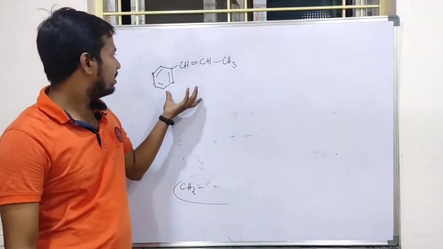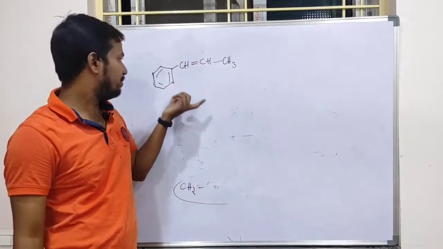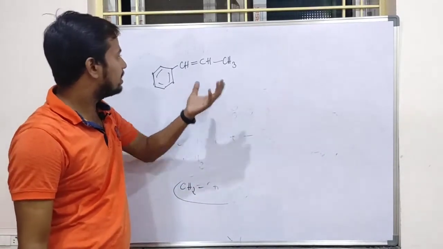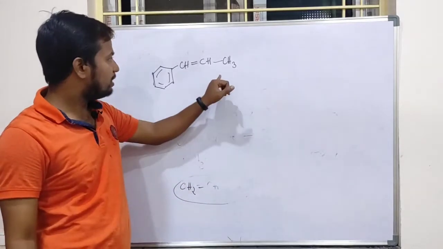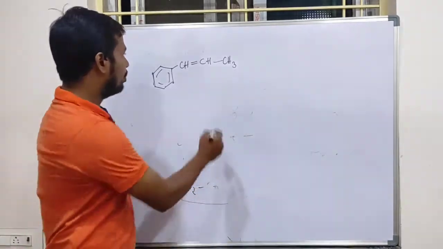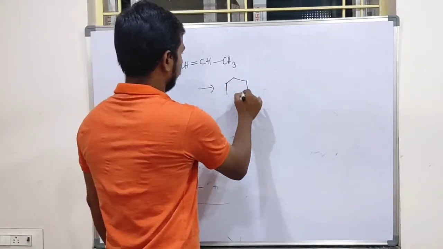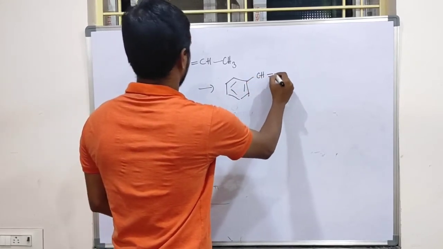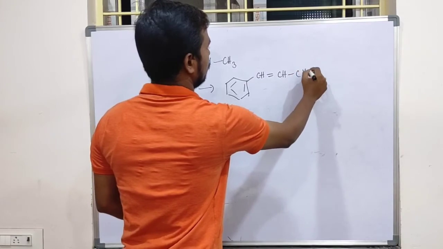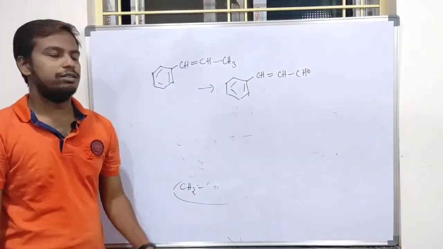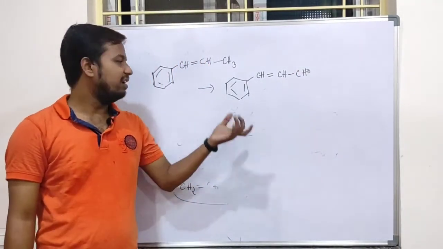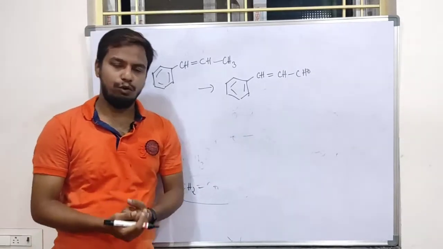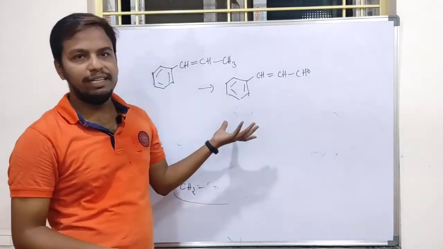Similarly, this allyl is replaced by benzyl functional group, imagine. So see the same skeleton, right? So we got this group and it is converted into what? CH double bond CH bond CH4. Similar type of reaction is going to happen, okay, with regard to allyl as well as the benzyl functional group. So this is the best example.